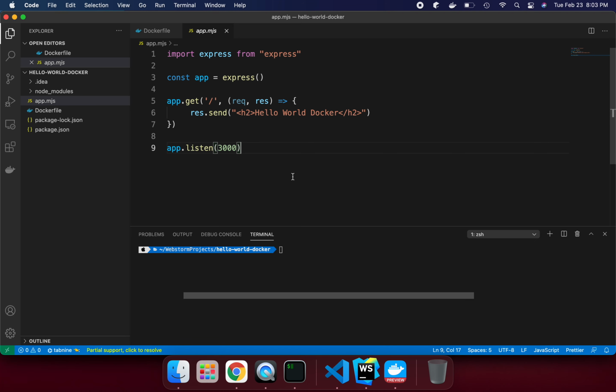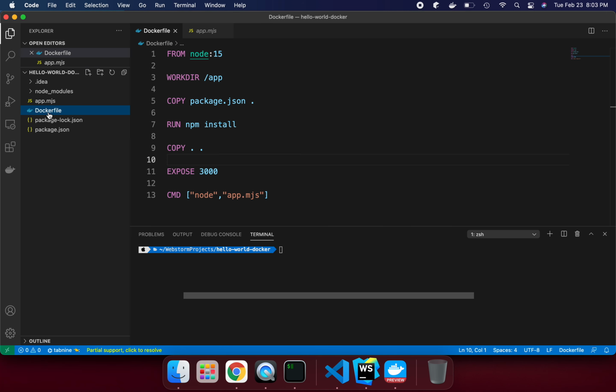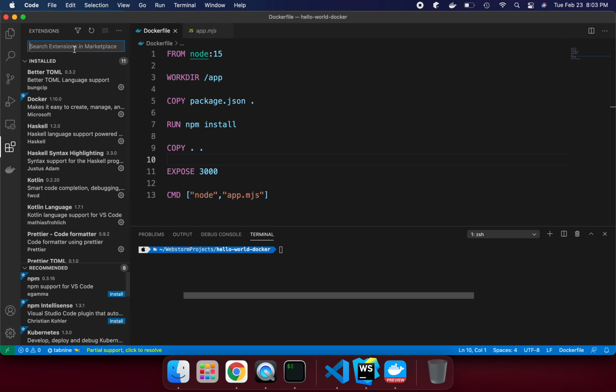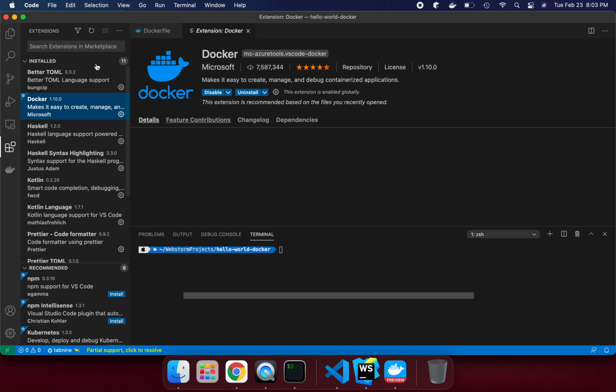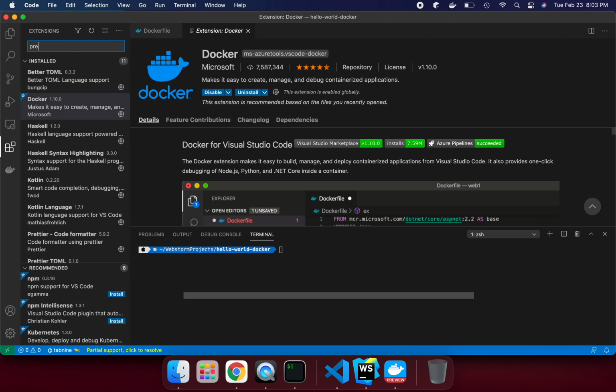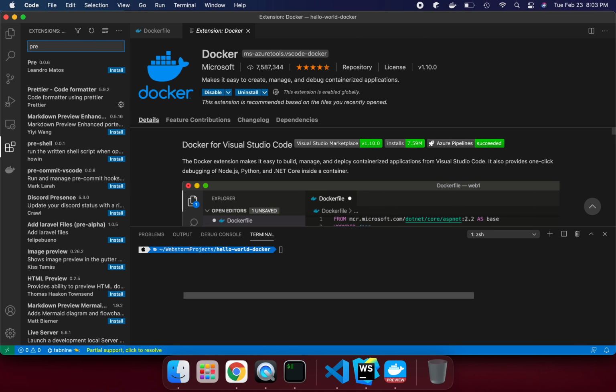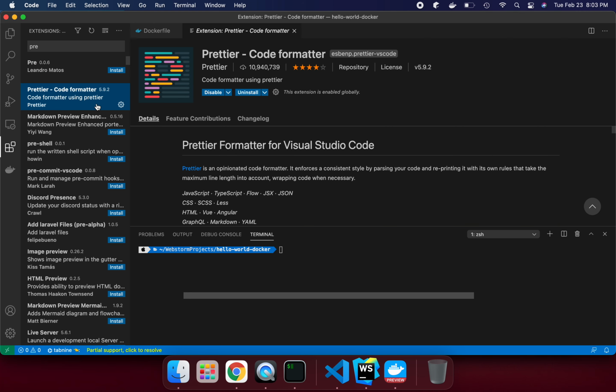Currently I just prepared this example to show you a demo of how we can create a simple example to print hello world in Docker using Node.js. So this is very basic. And you see this extension is already installed for Dockerfile. You see this is pointing. If you haven't installed it, first time trying to use it, go here and just say Docker. You will get this Docker extension. And one more useful is Prettier, the Prettier code formatter. This is really good for formatting code. You can also install it to help you with code formatting.